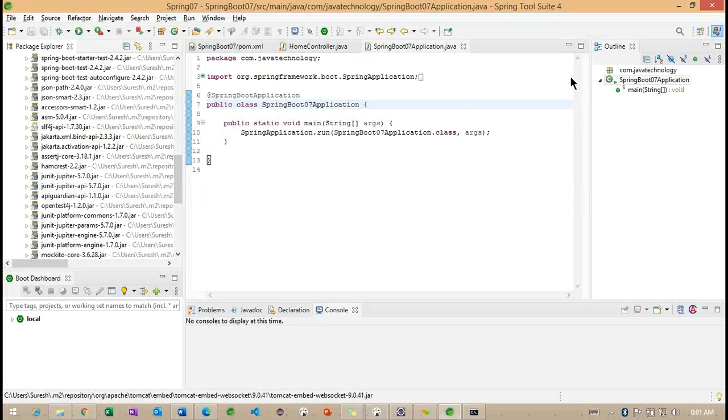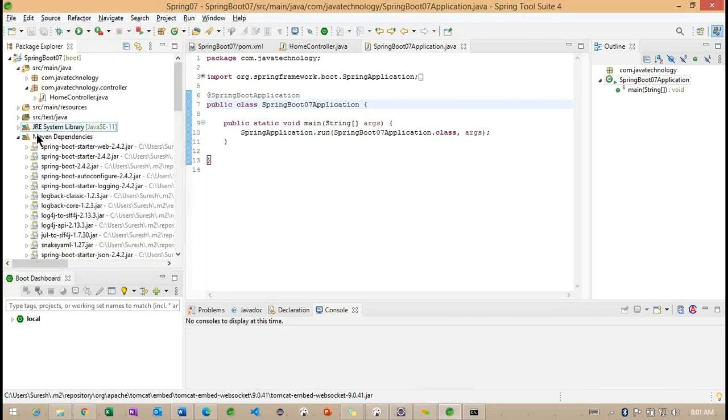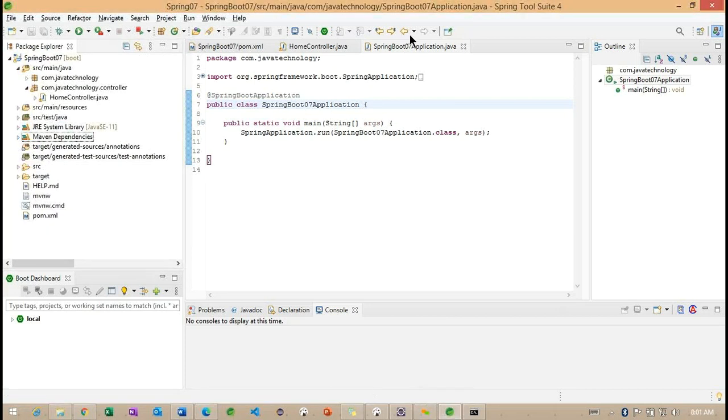Right. So we'll continue the remaining examples tomorrow. First we'll check the particular validation example, why it is failing. And after that, we'll work on Spring Boot with the REST template examples.